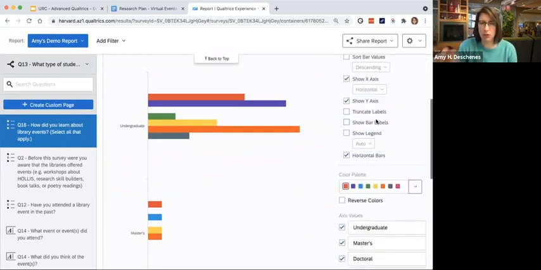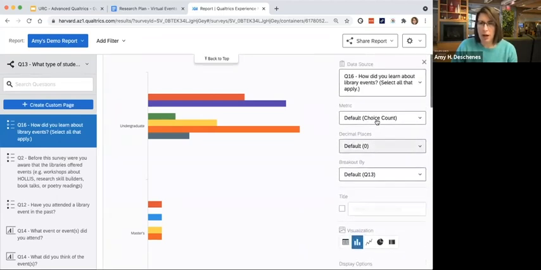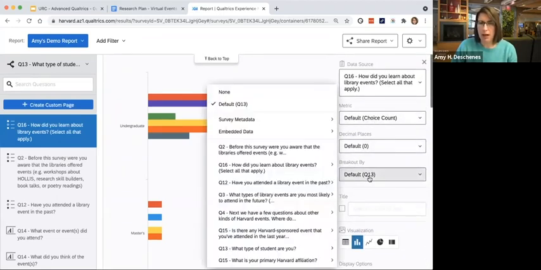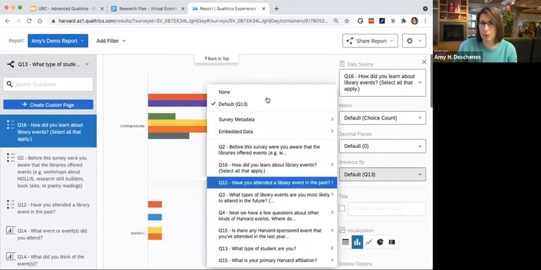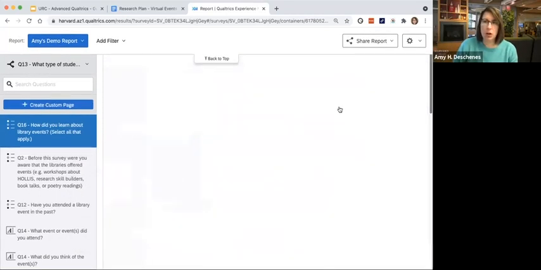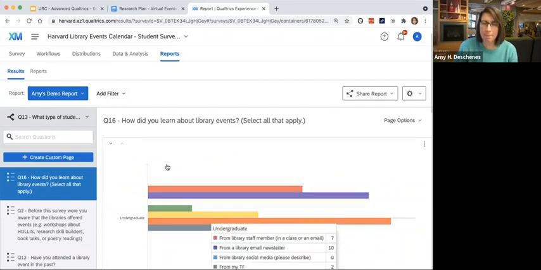So just for this first question here, there is a breakout option right here, breakout by, and the default Q13, that's the one that's been selected for the whole report, or you can change it to show, say, I want to see this by a different thing. You can also always duplicate this question and add a breakout. So have the question presented by type of student, and then have the question presented, say, by age or something, if you wanted to do that.